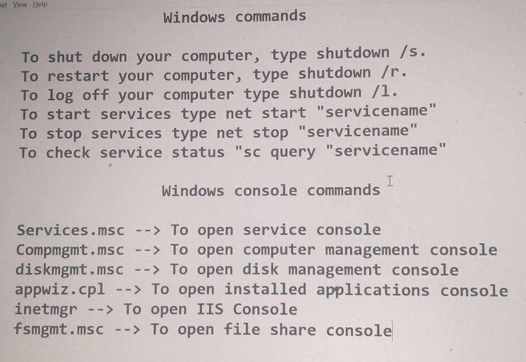Okay, these are the few basic commands I wanted to discuss with you, because these are the commands very frequently used when we are working in our systems or on our laptop, and also when we start working in the IT industry. These are the very basic commands which we use very much, other than some other commands. So I hope it will help you a little bit to understand what the Windows commands are and how to open them very quickly.